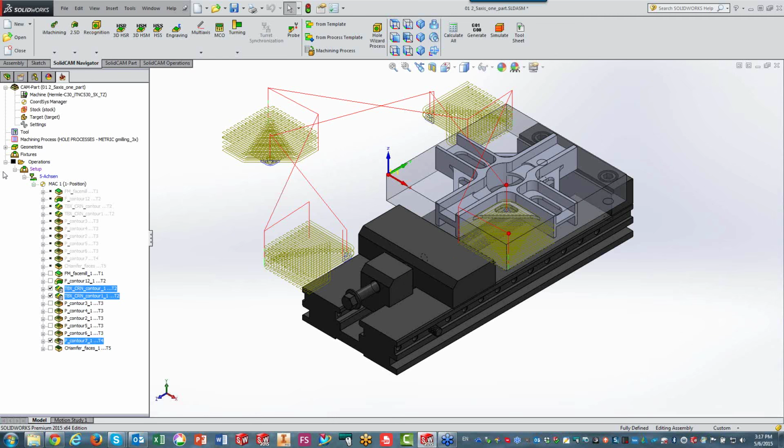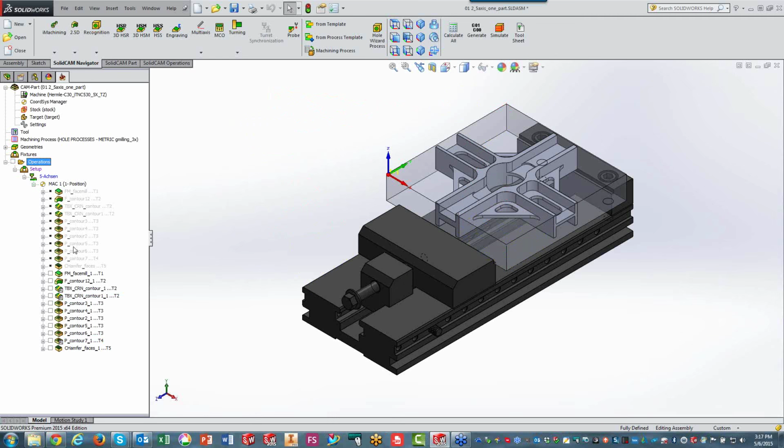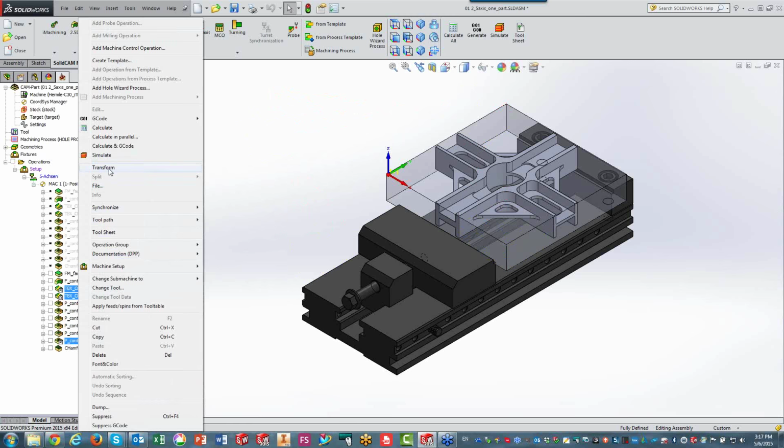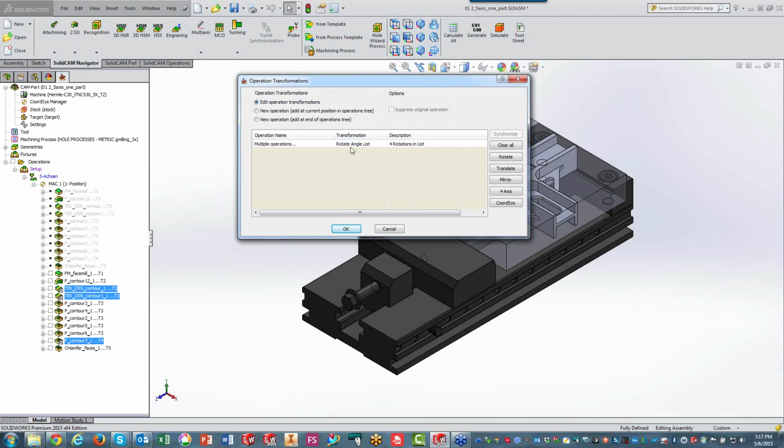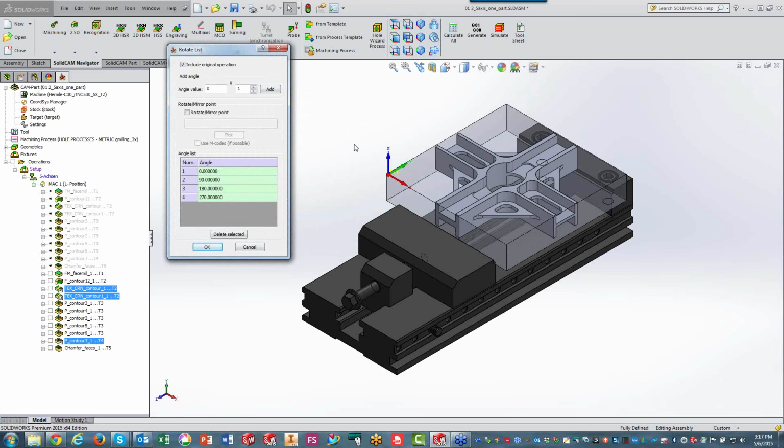So let's go back to these operations here, and we'll go back to the transform. By double-clicking on this, it brings me into the edit stage. Now, what I'm going to do is very simple. I'm going to add the option of rotate mirror point. In other words, I want to choose around what to